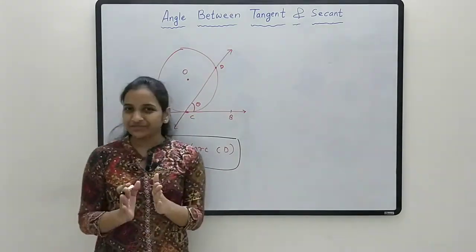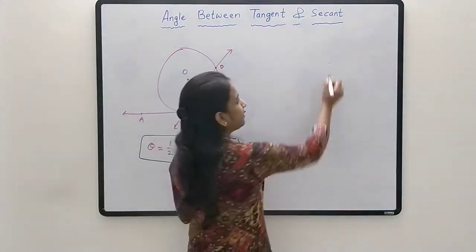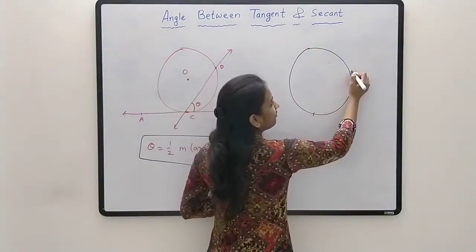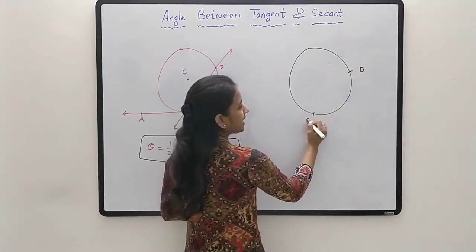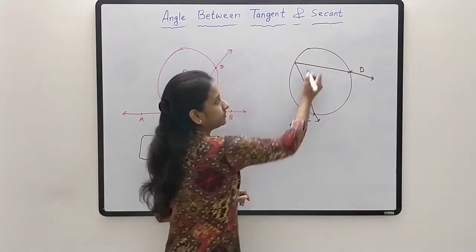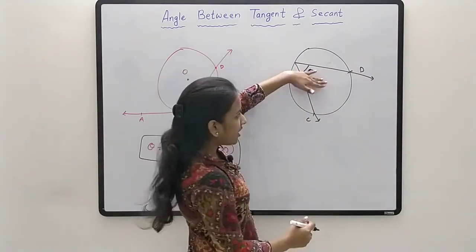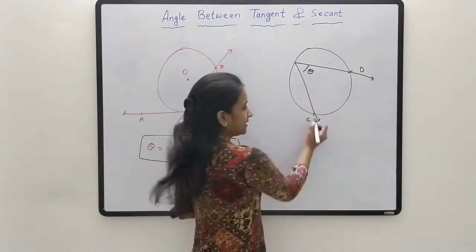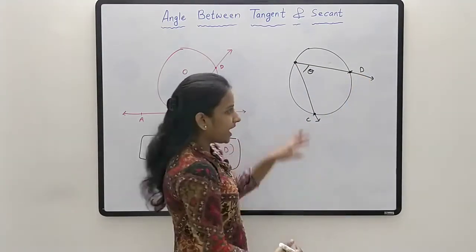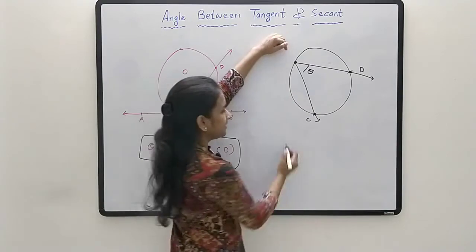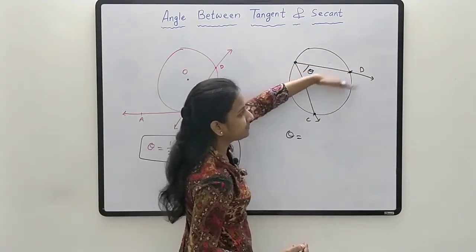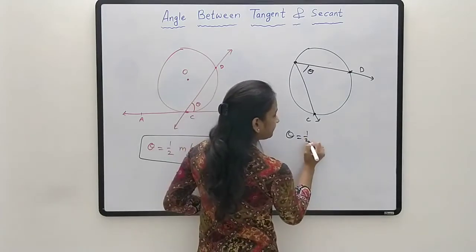In my previous video, we have also seen the inscribed angle. Let's take the same arc CD, and for this arc, the inscribed angle is like this. This is the inscribed angle. For this angle and the circle, there are three common points. That's why we call this an inscribed angle. And by the inscribed angle theorem, this theta value is half of the measure of our intercepted arc CD.